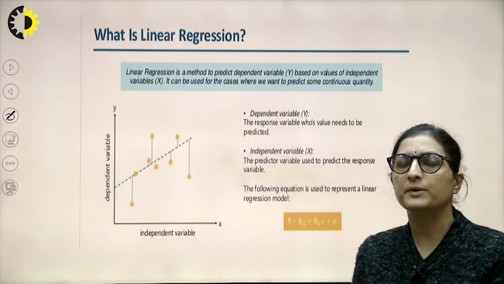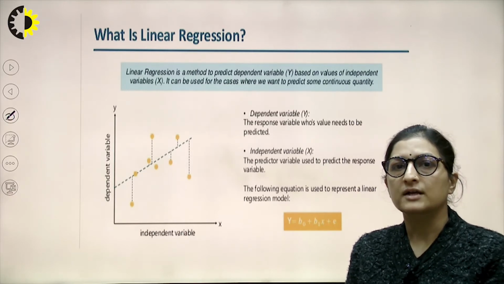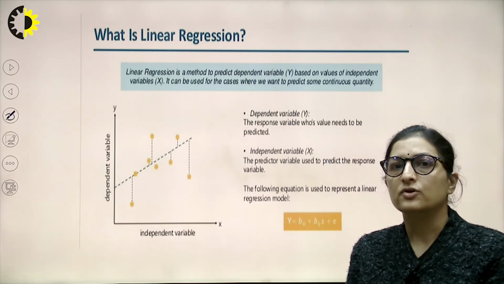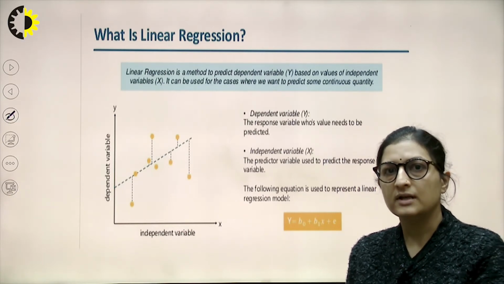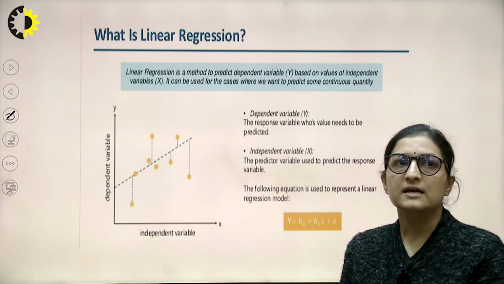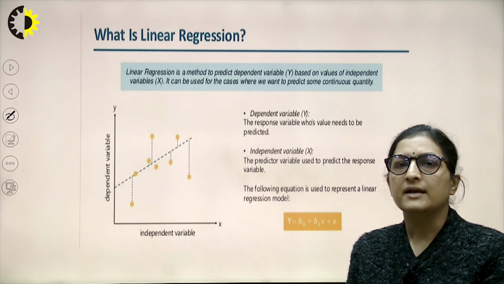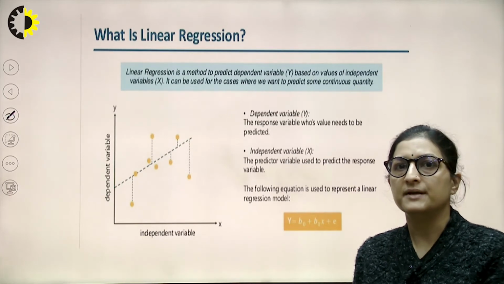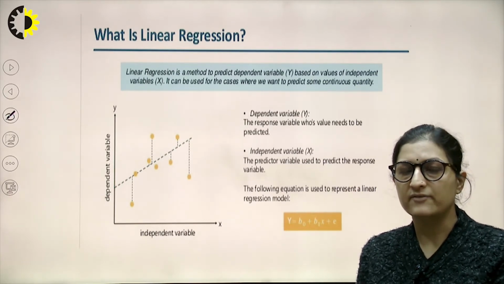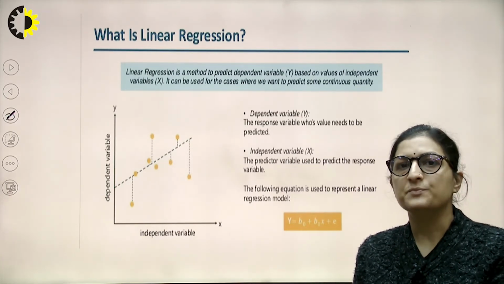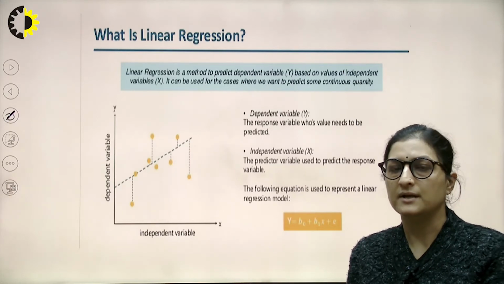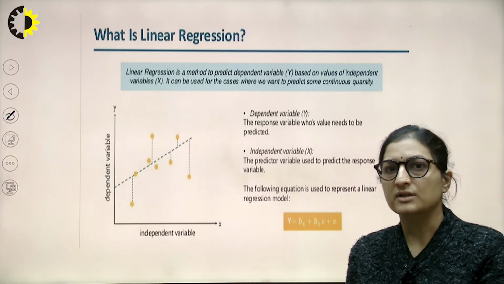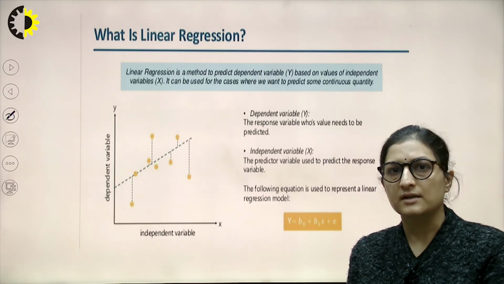If I want to predict some continuous quantity, also meaning a numeric quantity, then I can use this linear regression model, and it works on the basis of the relationship these dependent and independent variables have. If the relationship between the dependent and independent variable is linear and can be represented by a linear equation, then I can go for this linear regression model.